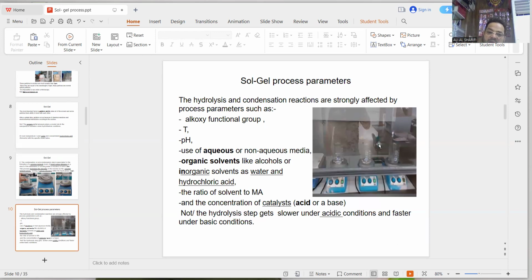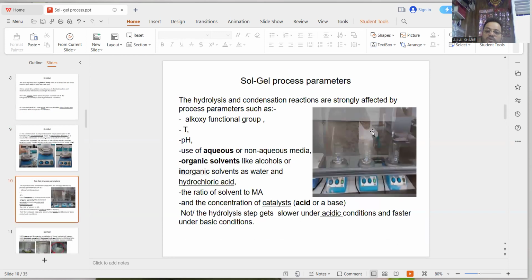Here, hydrolysis and condensation, these first two stages of reaction, are strongly affected by process parameters such as temperature, pH, the ratio and concentration of water, how much I put in of water, I mean, and all the oxide functional groups, using aqueous or non-aqueous media, organic or non-organic solvent, and the ratio of metallic oxide, which I will explain in the next video, and the concentration of